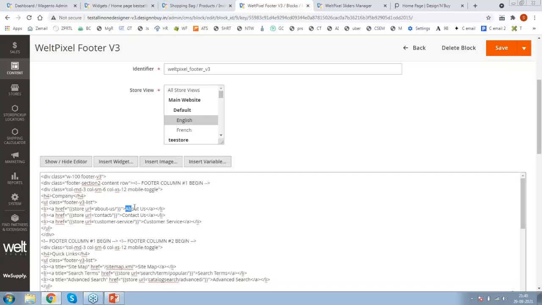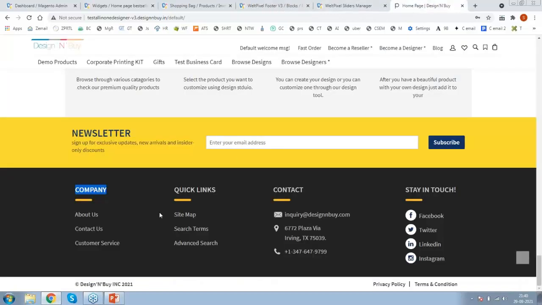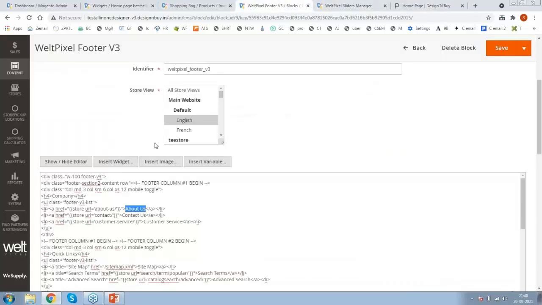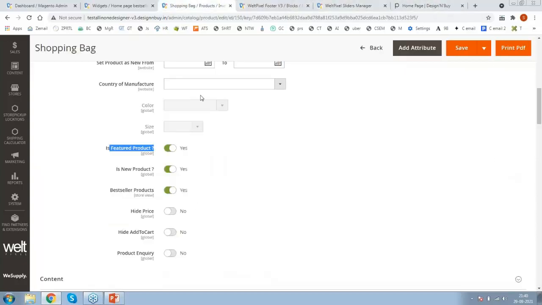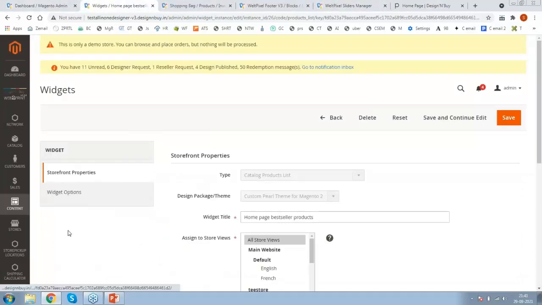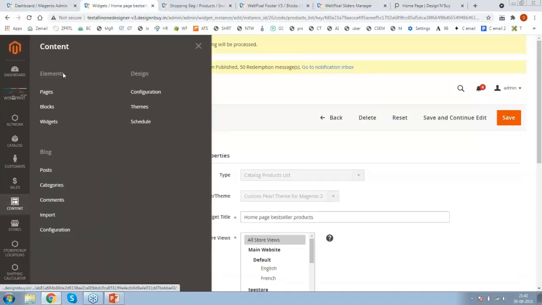Now this word you are seeing right now, about us, that is a title. Now how about the link? The store URL is equal to, you can see, about us. So from where I can find this word, how I can put my CMS page, how I can associate my CMS page. So while you are managing your CMS content, let's say I'm opening one CMS page.